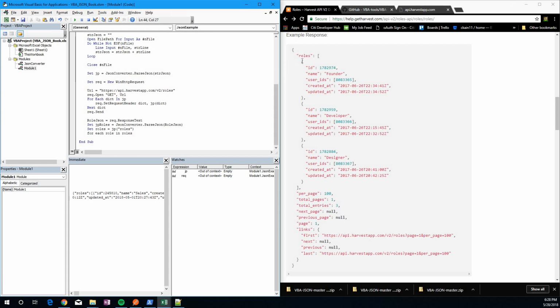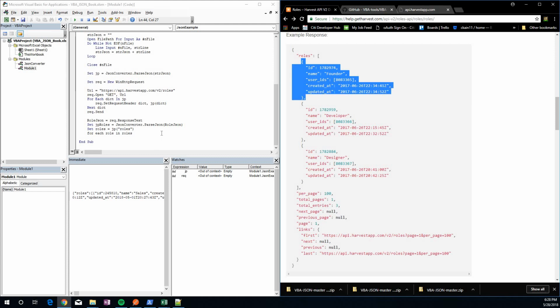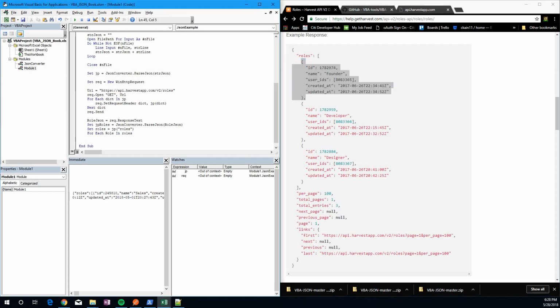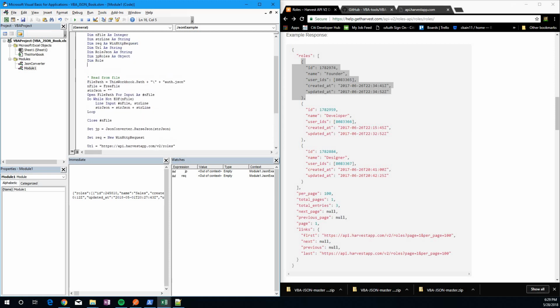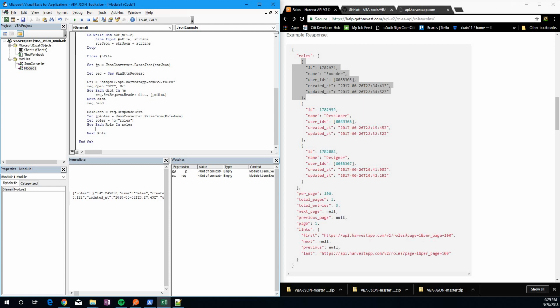All right, so that's going to return each one of these objects. Next role. Okay, and then dim attr, this is going to be the attribute of role. For each attr in role, next attr,